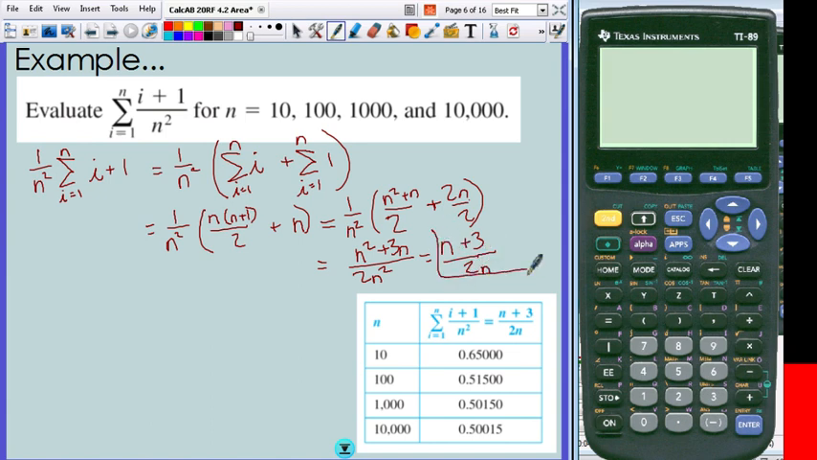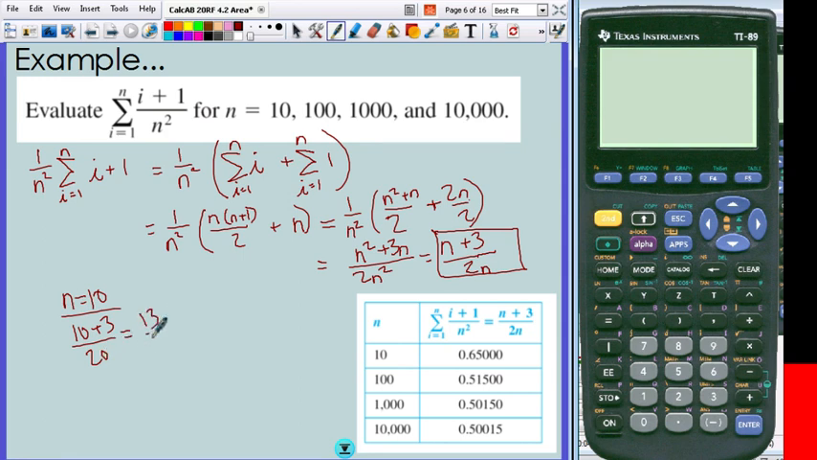Cool. So that's what that comes out to for n. So that's evaluating for some n. Now if I plugged in values 10, 100, 1,000, 10,000, I'd get this table right here. All I'm doing is just plugging in for n. So when n equals 10, in this case I'd get 10 plus 3 over 2 times n, so 20, which